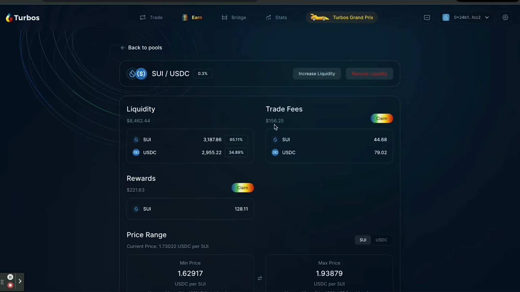I got paid $156 over the last 3 days to provide liquidity for this pool. So I'm providing a service. I can claim this at any moment. These are rewards, and that's paid by Turbos, the DEX itself, to incentivize people like me and you to provide